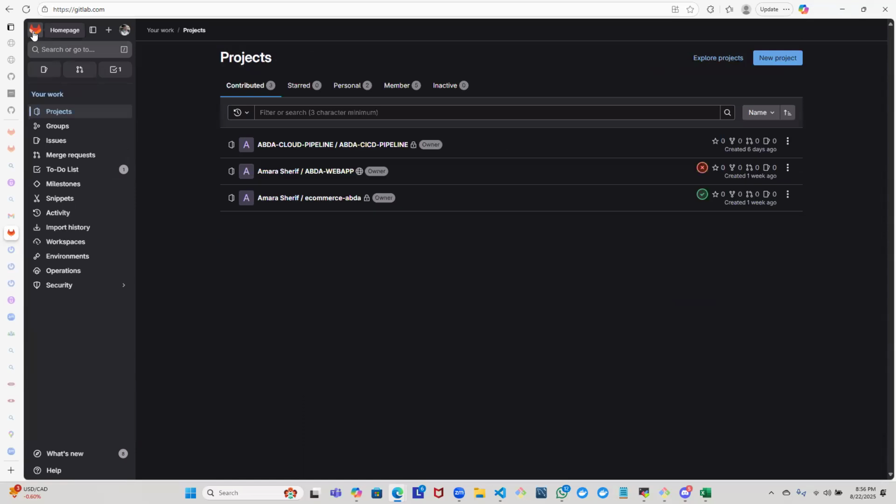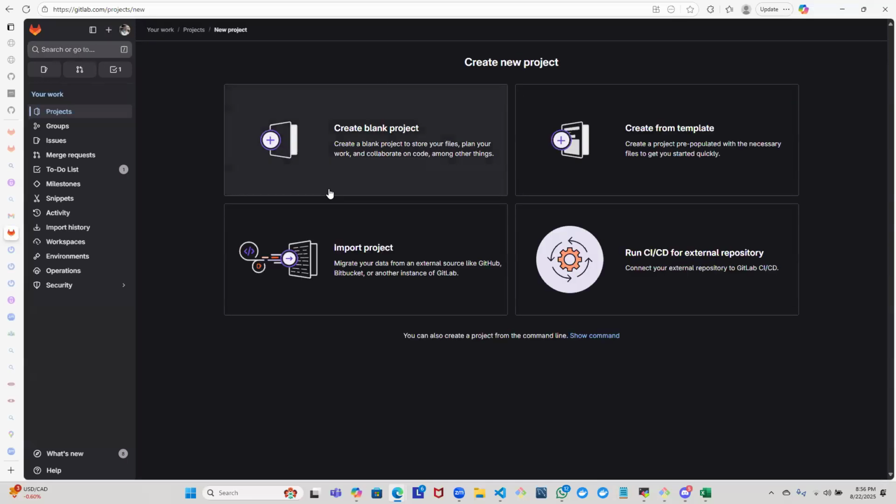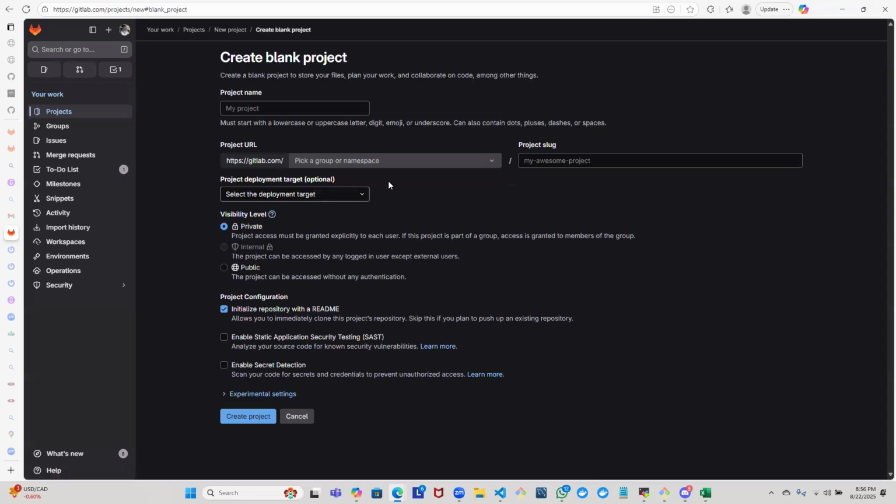Okay. So click on the plus sign. Now you can take your explanation from there. That's where the error happened. Okay. I'm going to be creating this repository, new project repository from here. Click that and blank project, we already know. And then the name of the project is going to be